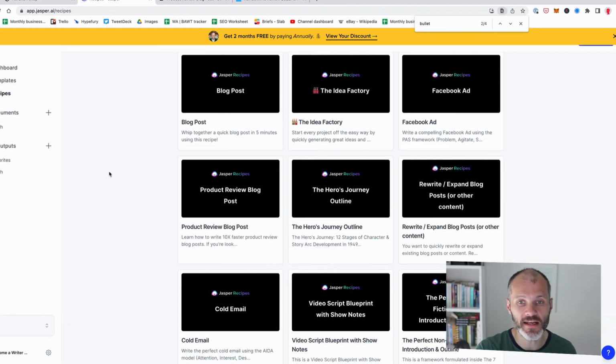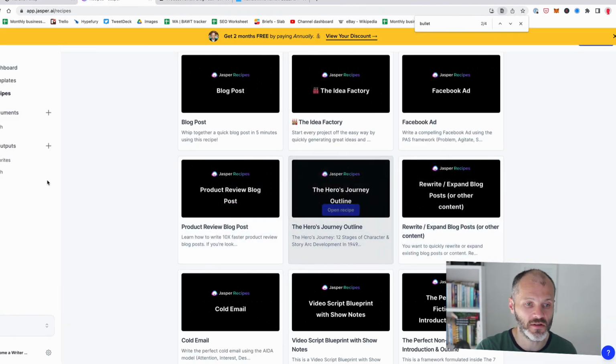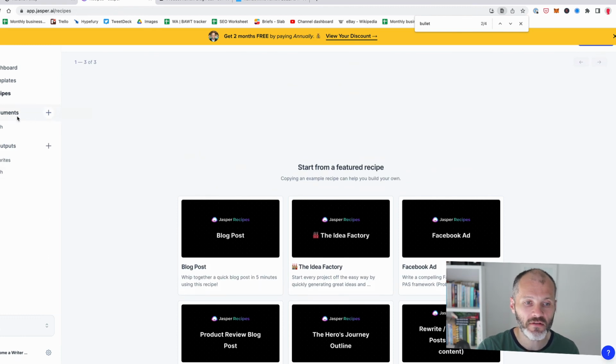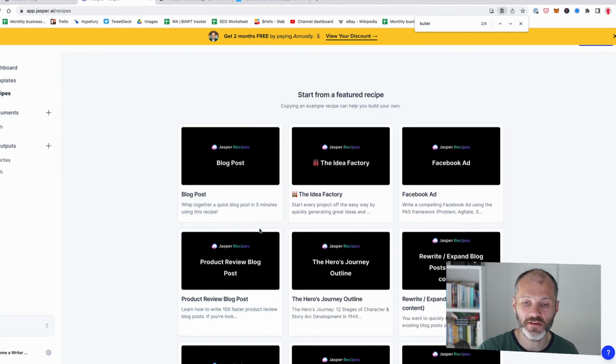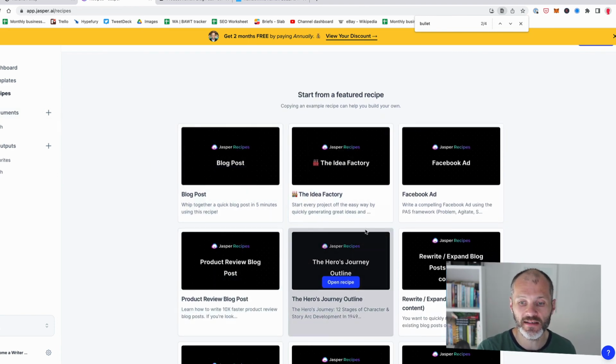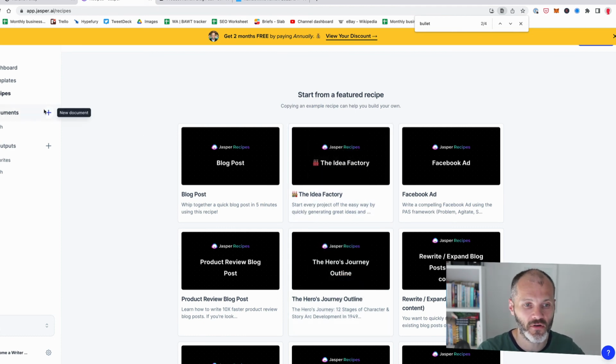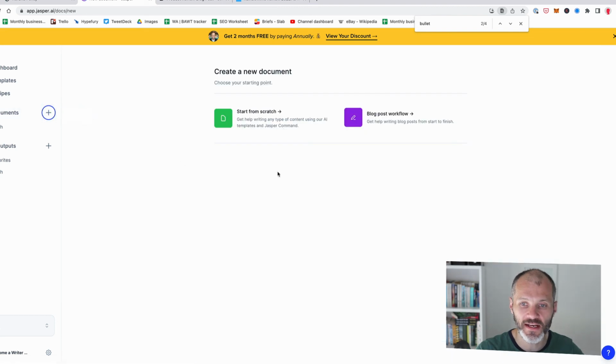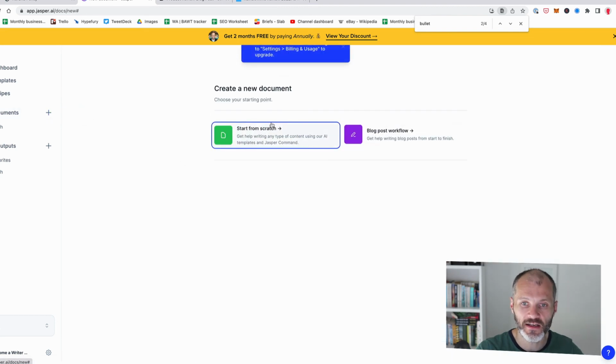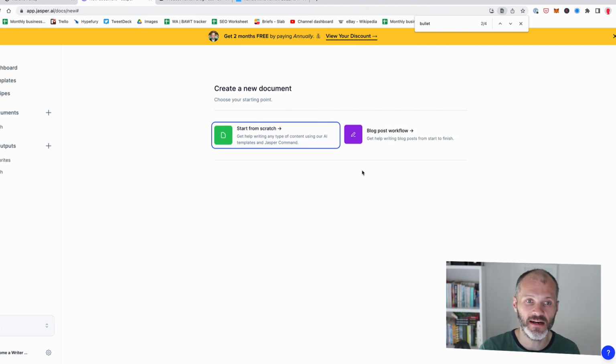Now I'm currently on the basic plan, so I'm paying $29 per month. Don't have any need for the premium plan, but I may consider upgrading at some point. I suppose the main benefits or selling points is that I could give other team members access. And I suppose if I was using this to generate a lot of copy, I would of course have more credits. From what I understand, you also get access to creating documents inside of Jasper as well, and then using their AI tool inside of Jasper, or their templates inside of Jasper. So I could do a lot more writing with the tool if I upgraded.